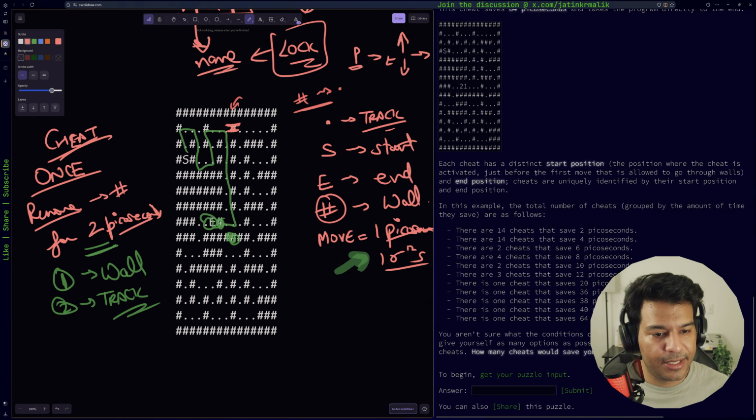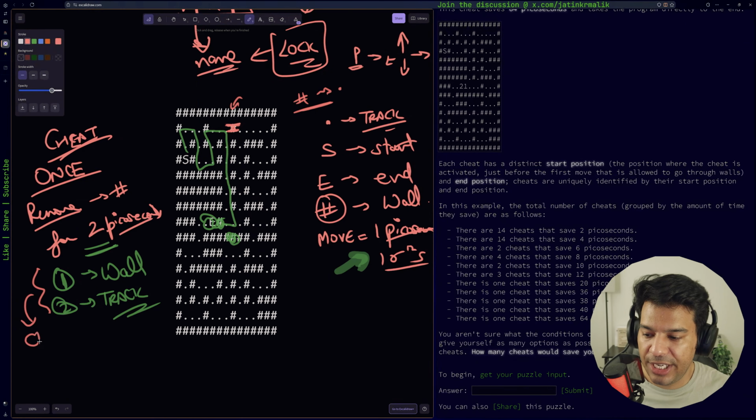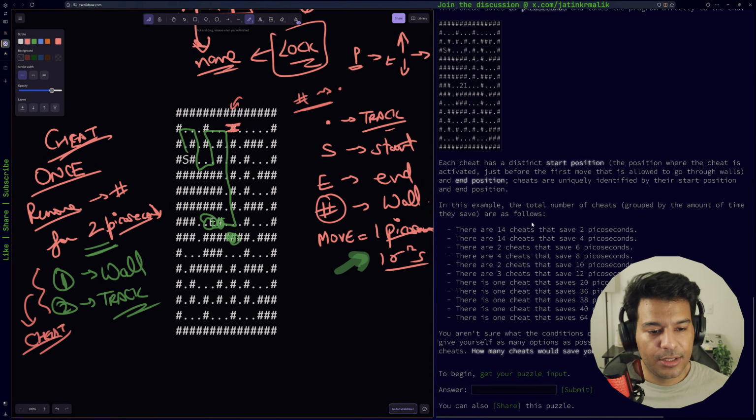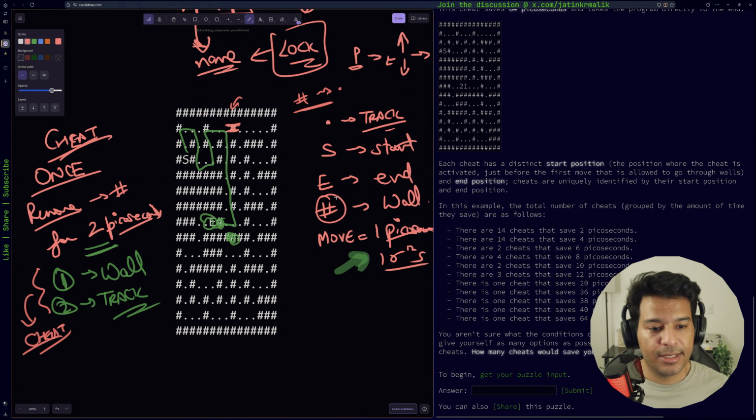Each cheat has a distinct start position and end position, and cheats are uniquely identified by their start and end position. So we have to keep track of this. This is how a cheat is defined, like the 1, 2. And in this example, the total number of cheats grouped by the amount of time they save are as follows. So they did an analysis, and they say that there are 14 cheats that save 2 picoseconds, 14 that save 4, and so on. And then we have one cheat that saves 64 picoseconds, which is this one, where we just don't have to iterate through all of the grid, and we can directly get to our end position by jumping over this